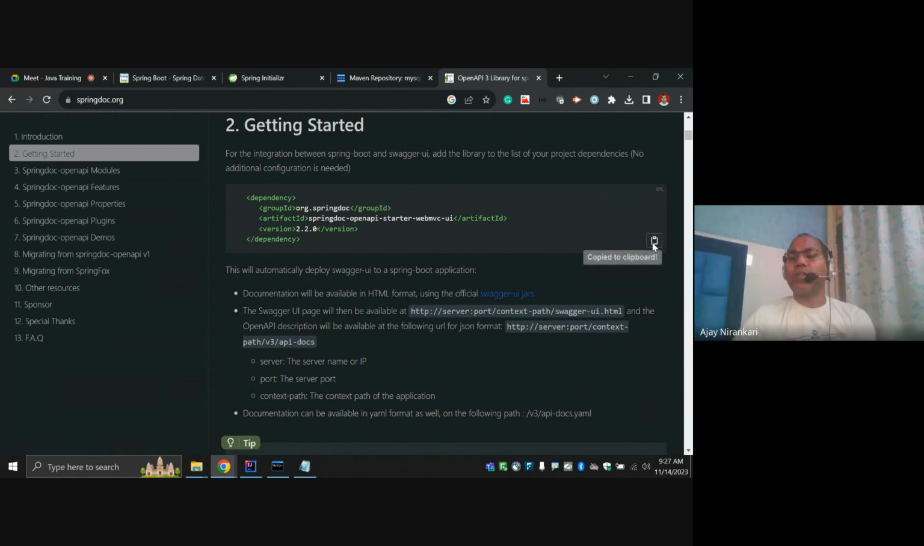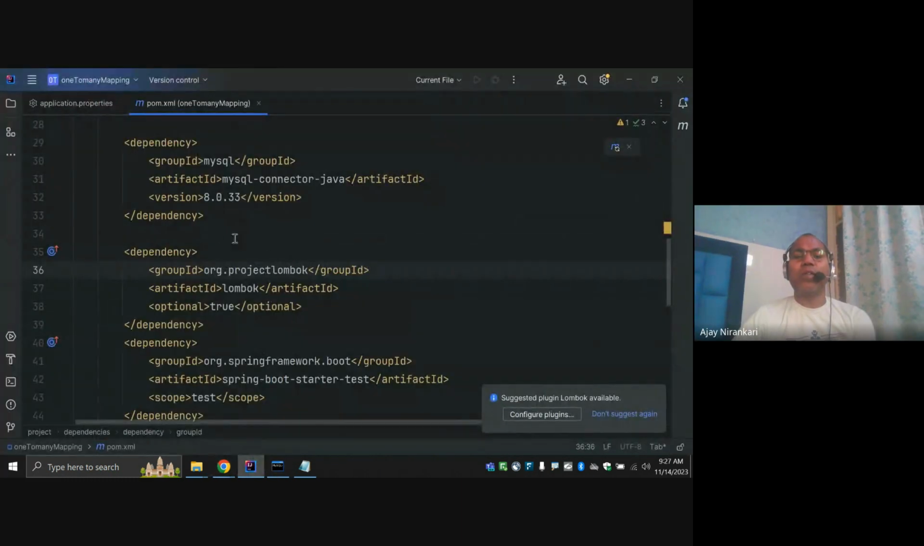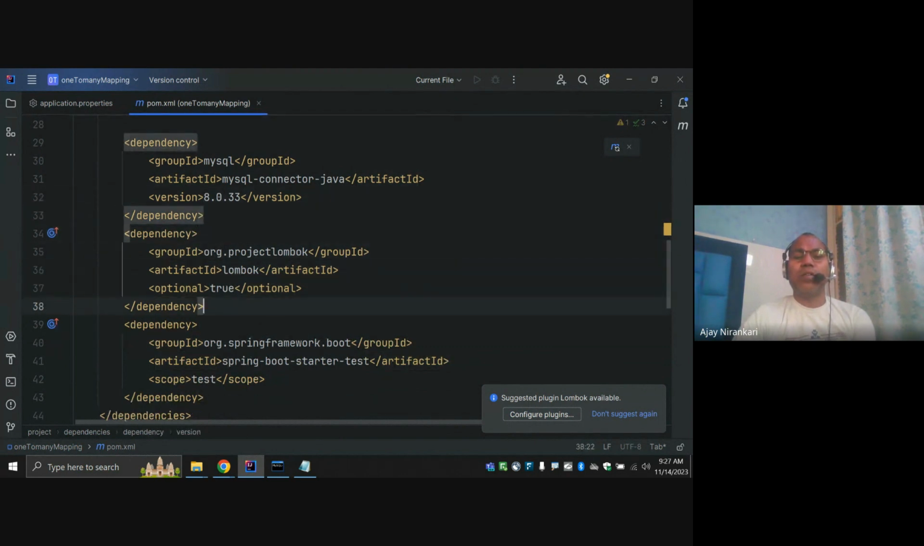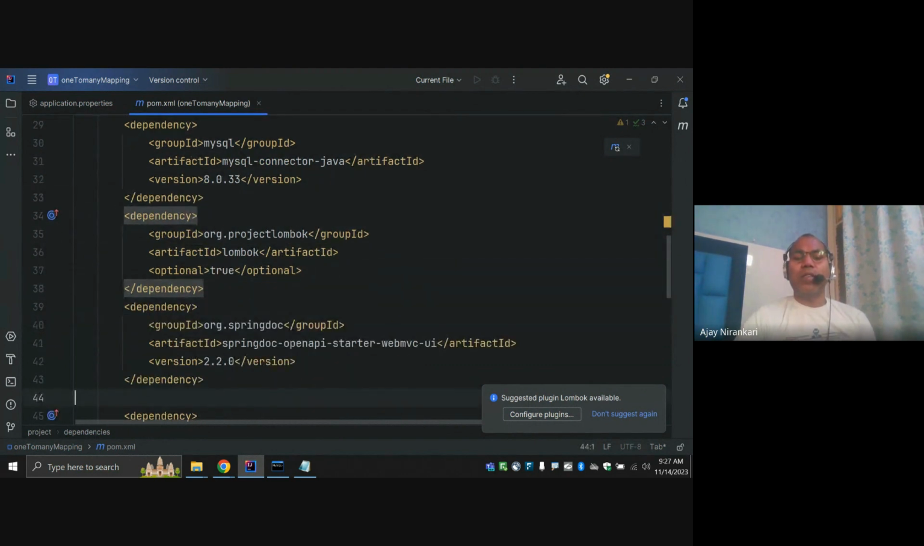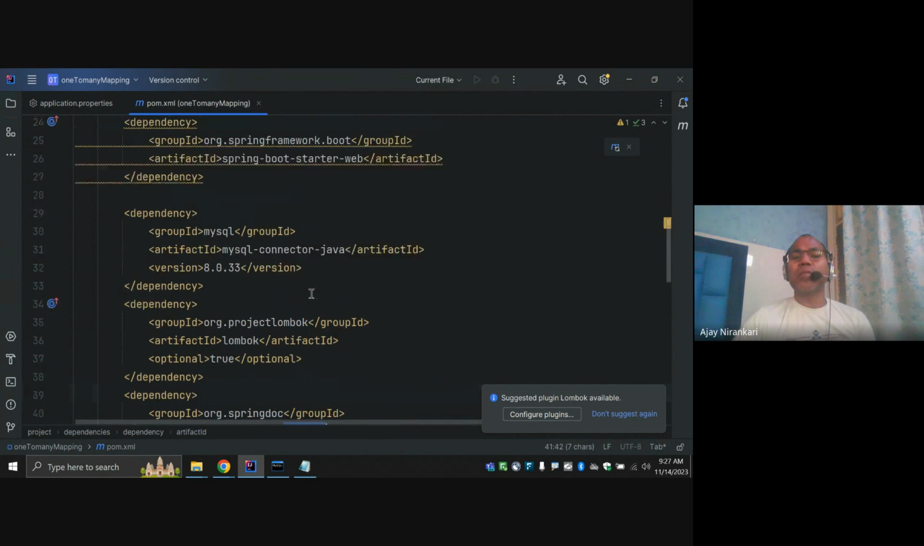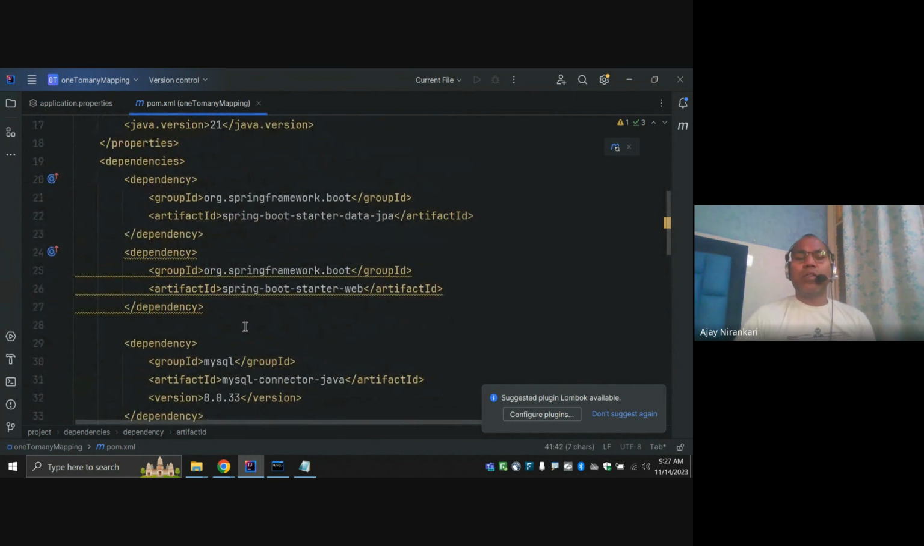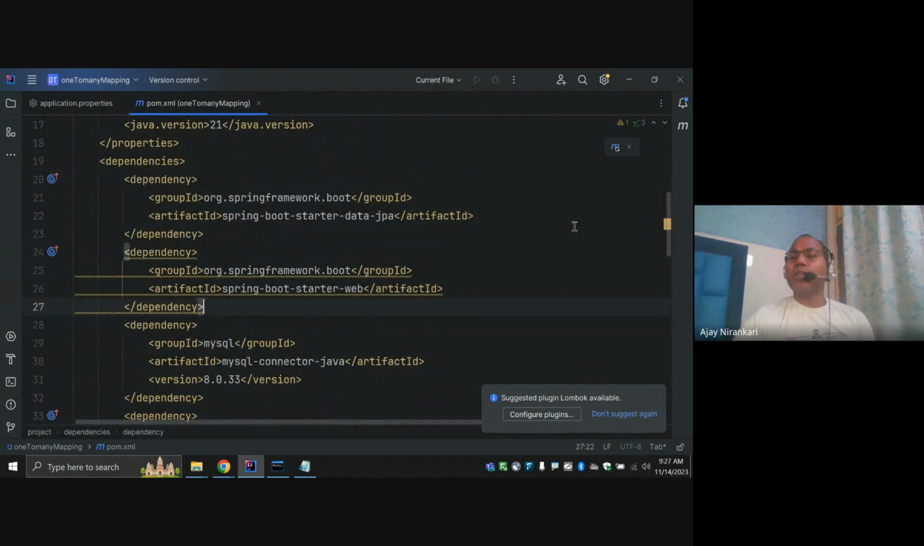This is copy, yes, copy, and just update one more dependency here, right? Yes. This is the extra things we have added. I want to test this API from the Swagger, right? So this is the basic dependency we have covered, and just again refresh this so that all the dependencies can